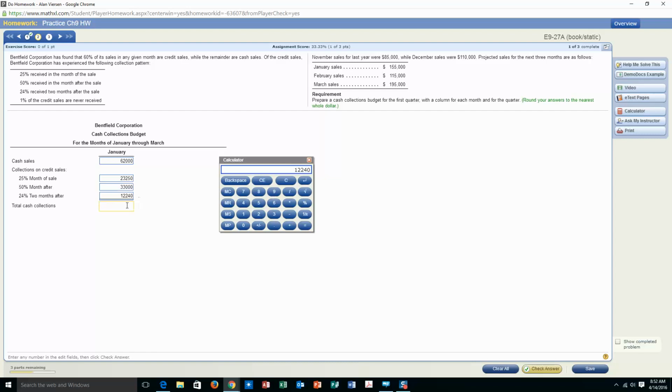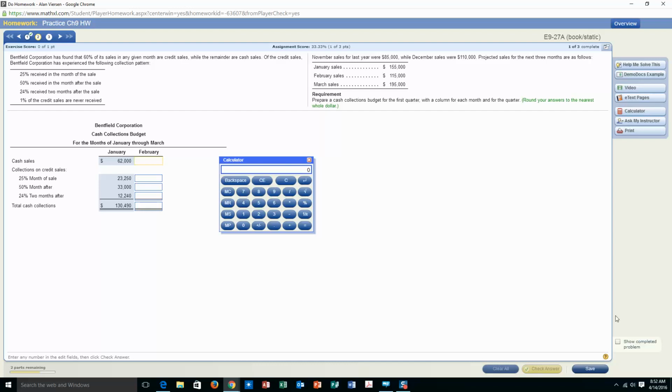Okay, then I add all of these up to give my total cash sales for January of 130,490. Check my answer. It looks good. Okay, I'll do one more month. I'll do February. February sales has